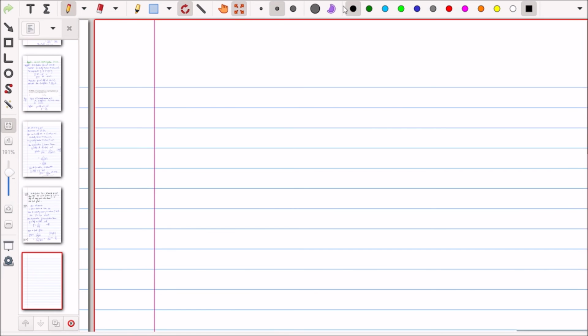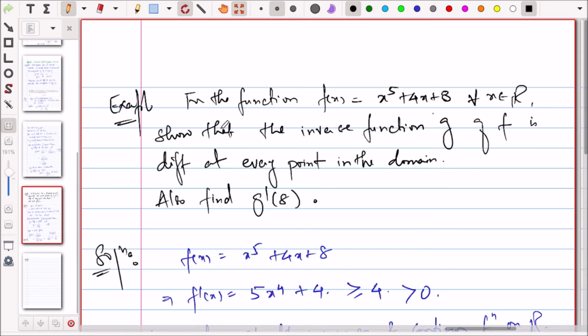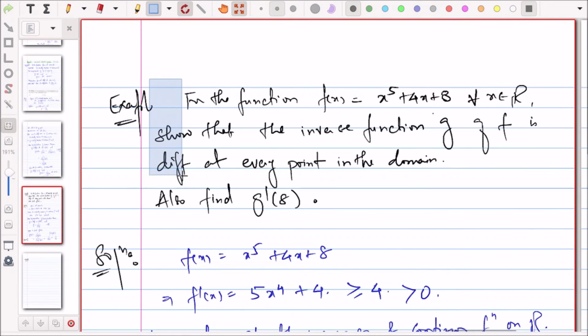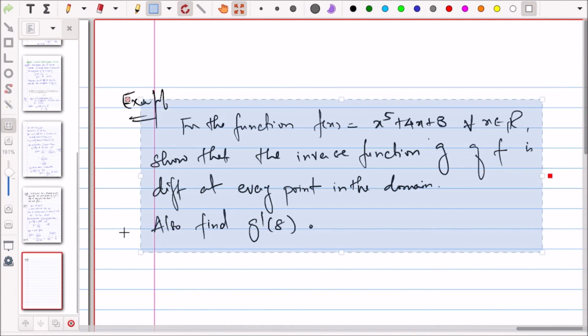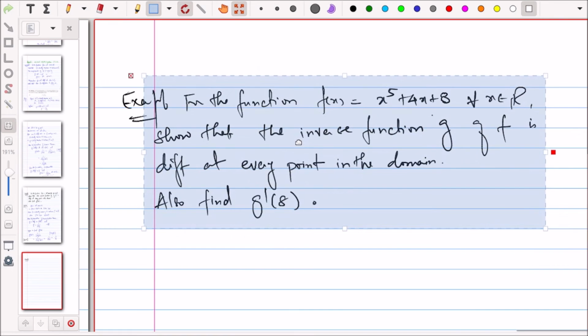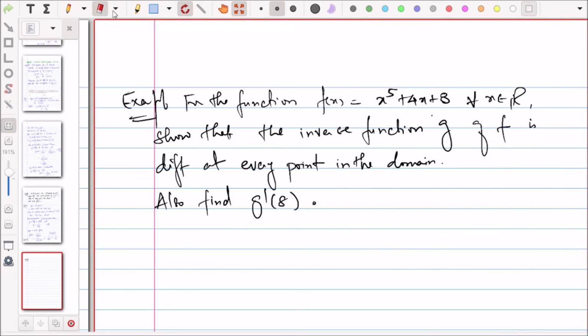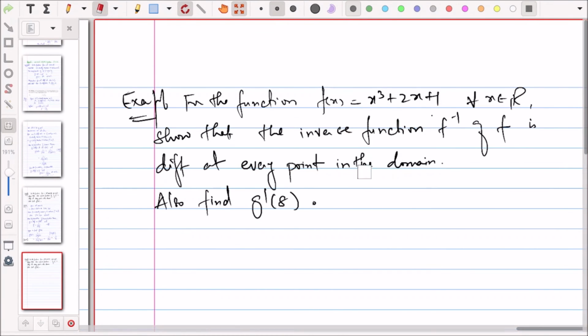Let us take another example or question. Same question ही लेना होगा, but we will change the function, okay, and some values. So let us just copy this. For the function f(x) equal to, this function we will change. So we are taking x cube plus 2x plus 1. Show that the inverse function f inverse of f is differentiable